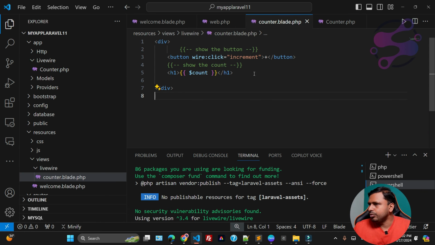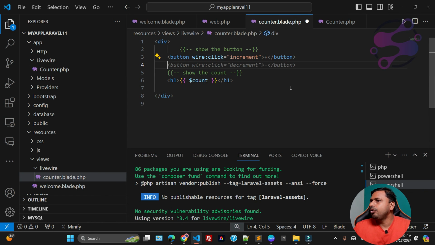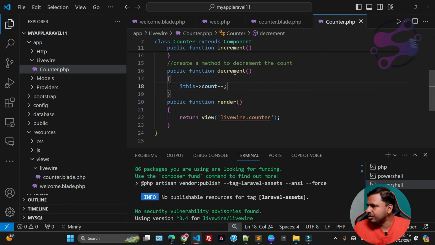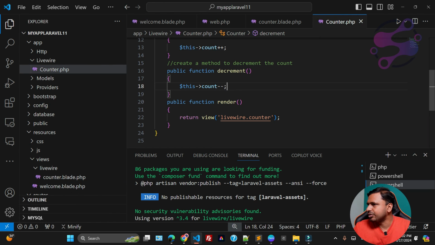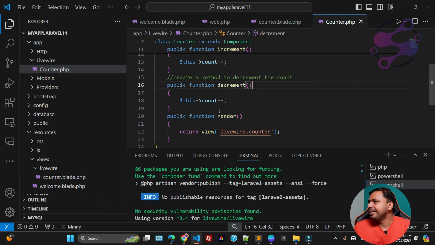Now you have to add the decrement method that you have just created, with wire:click. That means whenever someone clicks this button, the system automatically calls this function, and according to your code, you are just decrementing the value.